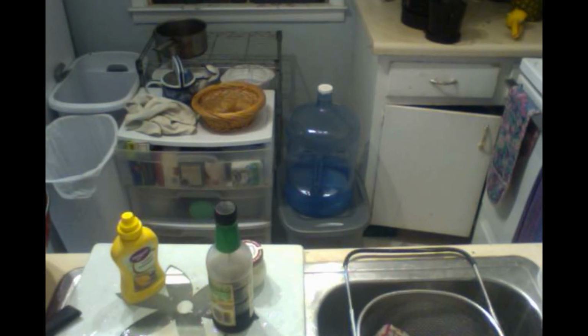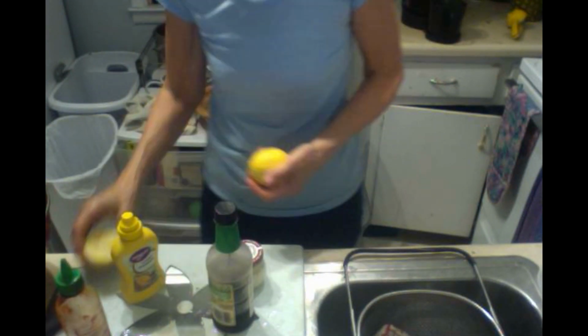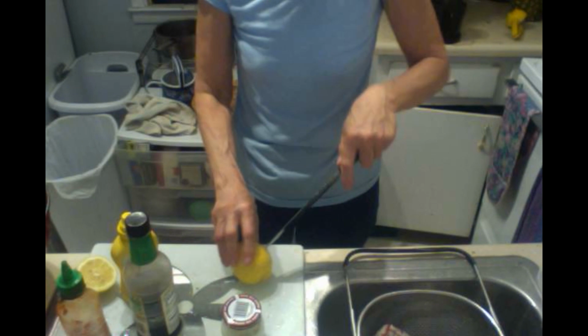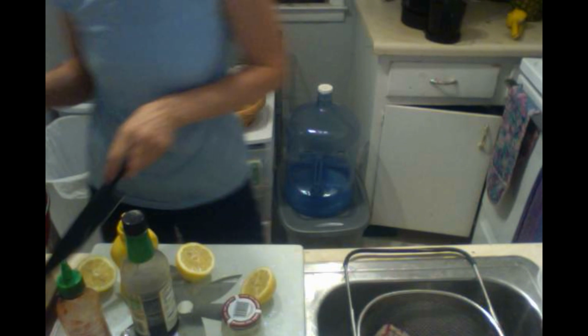And what else? Oh yeah, I need a lemon. Because that's also, to me, one of the tricks to making this really great, making it lemony. So you get that fresh lemon flavor. I like lemon in my tomato juice. And that tanginess with the salt and the Tabasco. We're going to use a little hot sauce here. To me, it just makes it a really super great